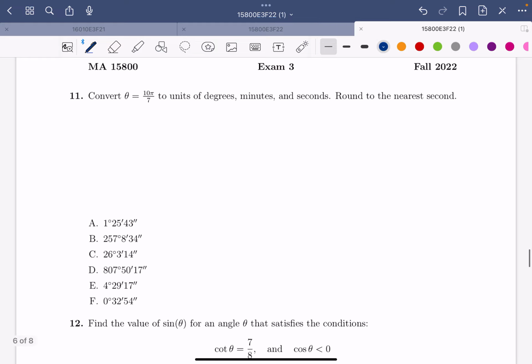Number 11, convert theta equals 10 pi over 7 to units of degrees, minutes, and seconds, round to the nearest second. So we're going to start by converting radians to degrees. So 10 pi over 7. The conversion is 180 degrees for every pi radians. Because you know this is radians, the two units will cancel out, leaving you with degrees. So 10 pi over 7 times 180, if you plug that into your calculator, equals